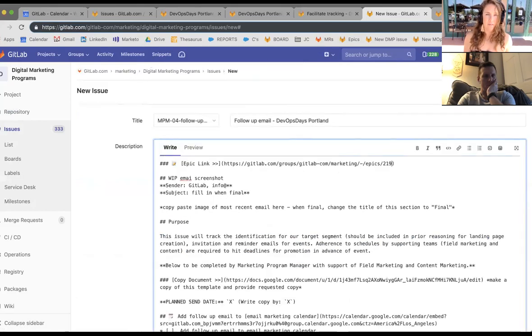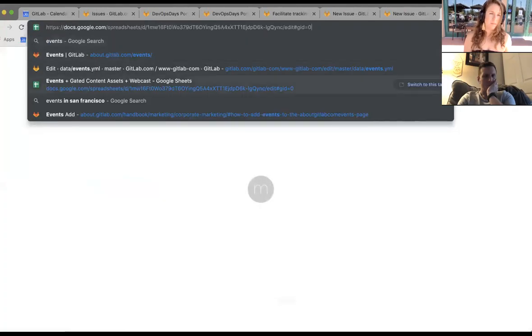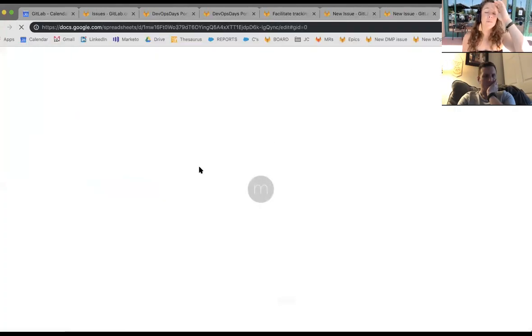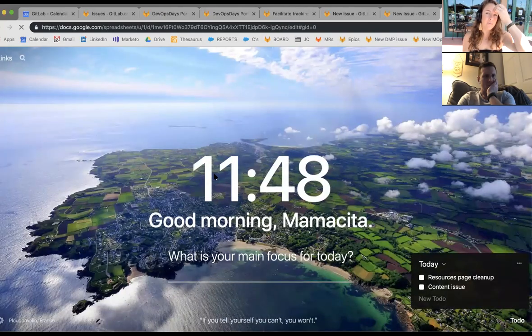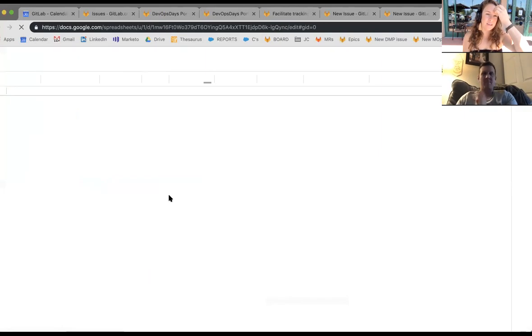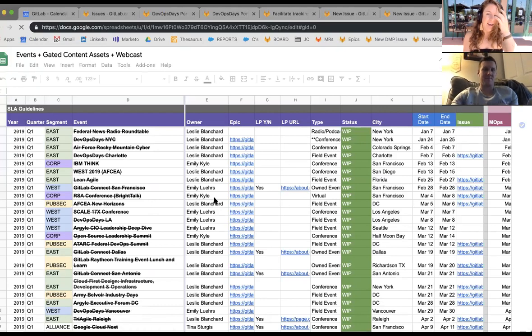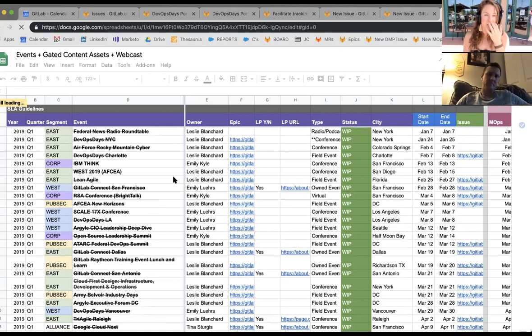Where's the events? Don't be overwhelmed by this. So this is how I more easily see the due dates for everything I'm doing. I basically created formulas with due dates based on business days, so I don't have to look at a calendar and look backwards to when it would need to be due.